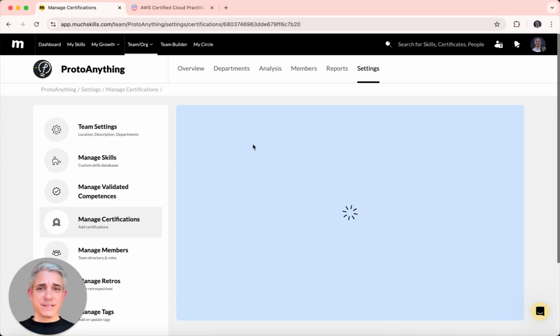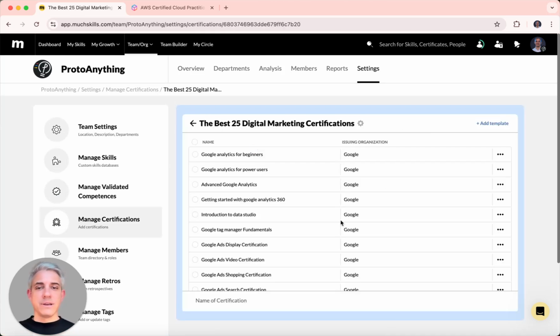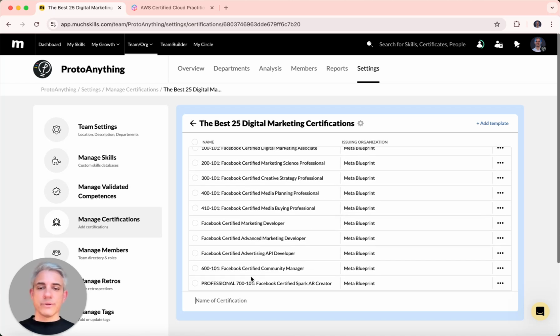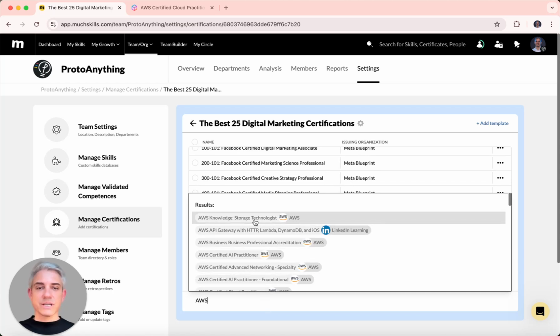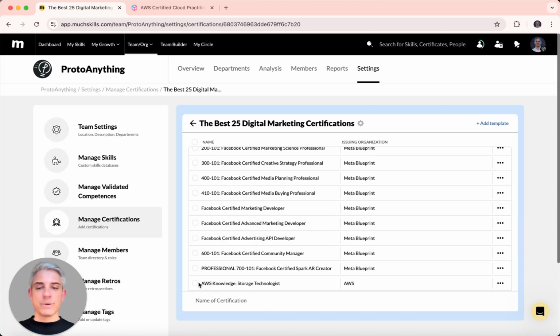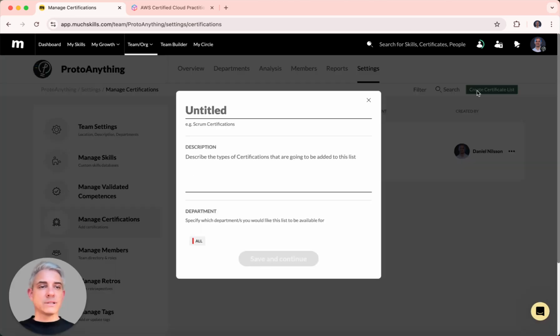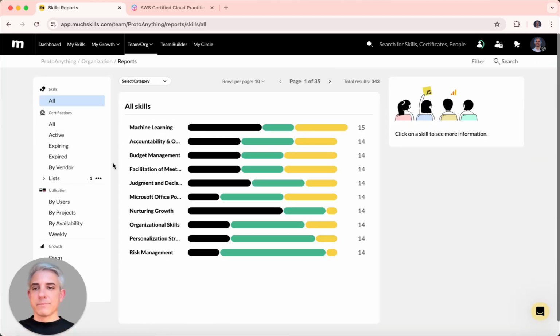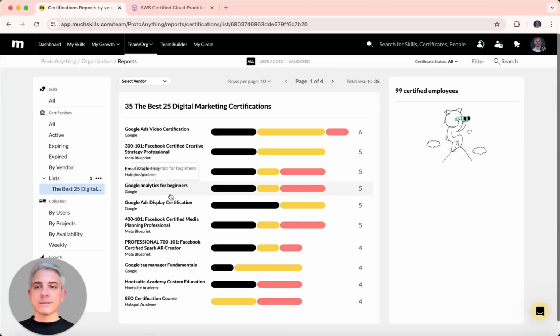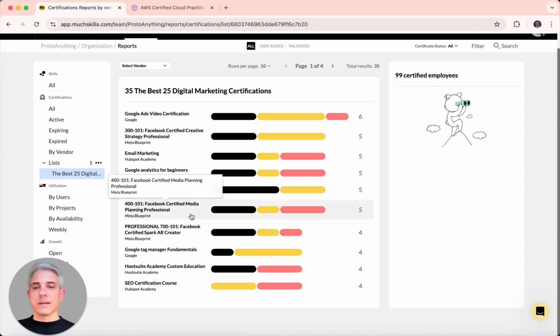It's really simple, easy. You click here and I can just type in the certificate name and then add it. So for example, for this list, I could just type AWS and here I have Storage Technologist. I can tap and it will now be added to this list here. If I go back, you can click create certificate list and you can create a new list if you want to as well. Let's go back to reports and my list